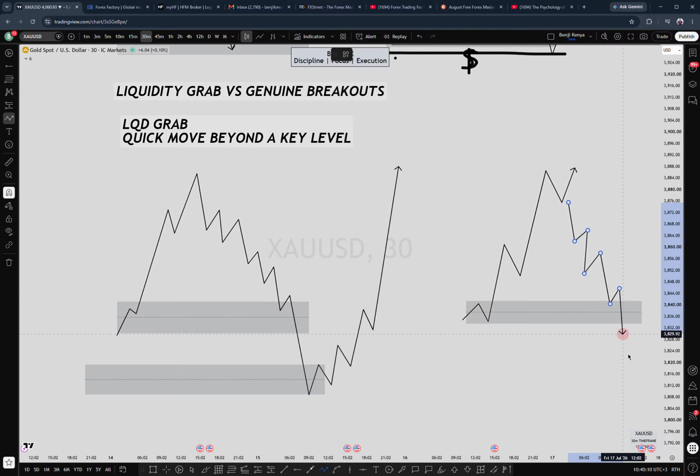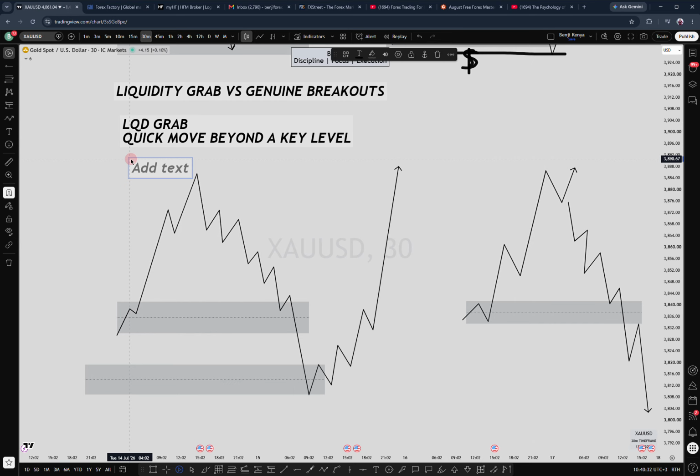What the market does, it breaks out, even confirms this breakout, and the market decides to break out from that level. So this is what we usually term as a genuine breakout. Now this is not a false breakout. So with a liquidity grab, the market takes out this area, then moves in the opposing direction. So a liquidity grab looks mostly like a reversal. Okay, it looks like a reversal entry,